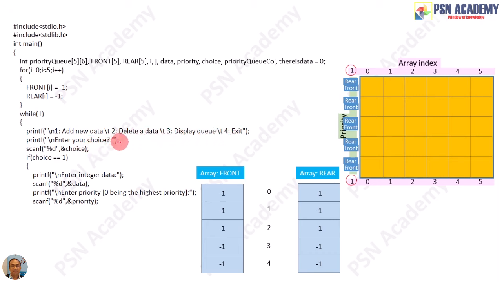And you store the user's choice in the choice variable. And if the choice is 1, then you ask the user to provide data and take the data in the data variable. Also, you ask the priority of the data and store the priority inside the priority variable. Okay, so you have the data and the priority from the user, right?